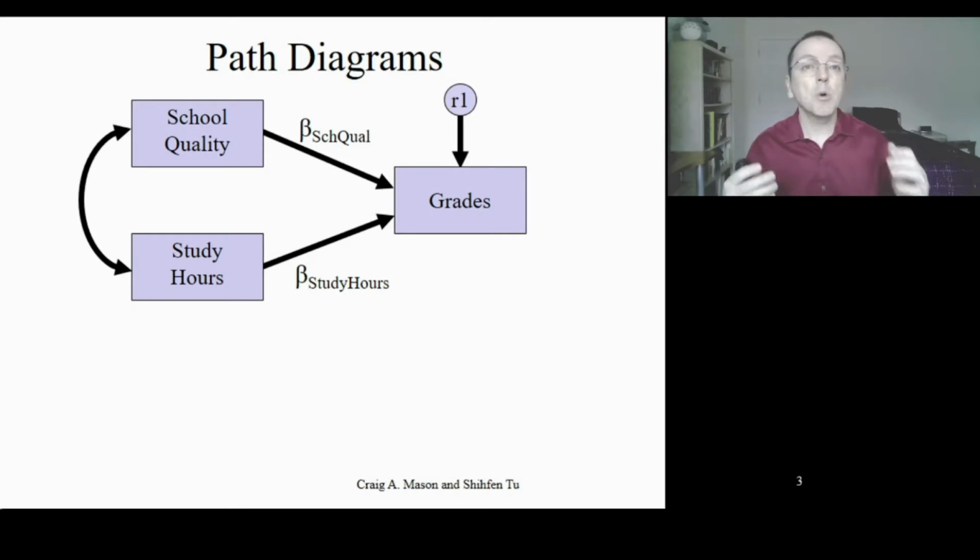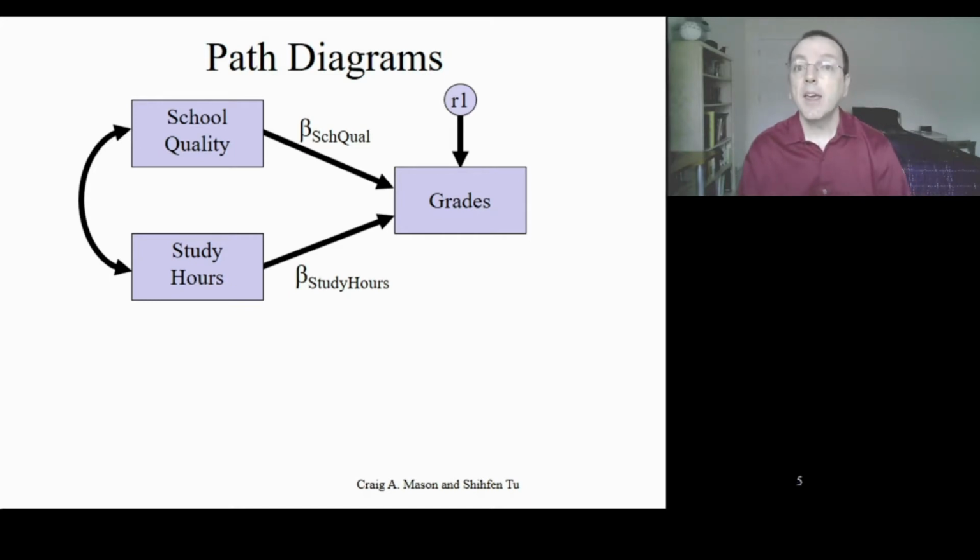Path diagrams or path models provide a different perspective on statistical control, particularly when we have a specific idea of how our predictors are related, not only to the outcome, but to each other. We're not going to go too far into this now, but we will spend more time on this idea later. For this discussion, we'll return to our example of two variables, school quality and study hours, as predictors of student